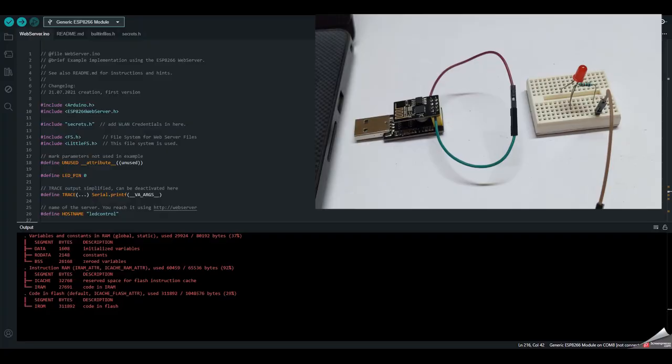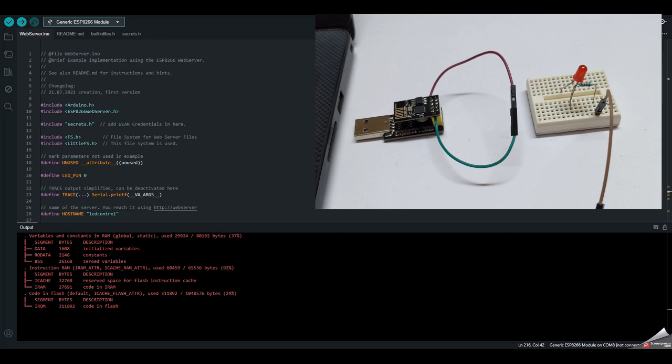In my last video, we saw how to connect an ESP8266 to our laptop or computer and how to program it via the AT commands method or via the Arduino IDE. In this video, we'll use the Arduino IDE to flash code onto our ESP8266 and use it as a web server to control an LED using any web browser,